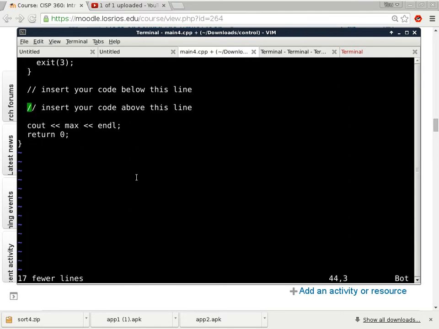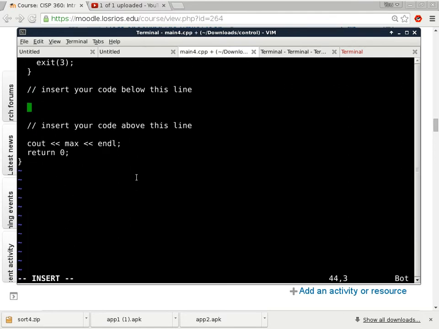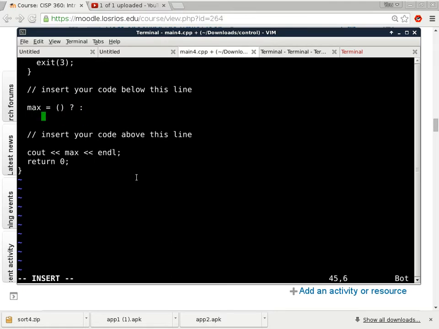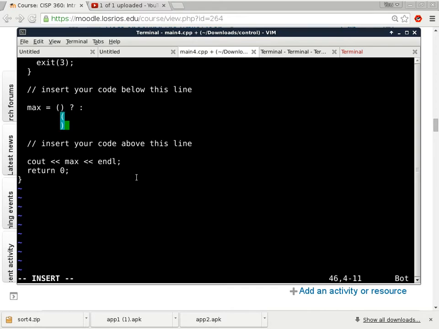So we delete everything and start from scratch here. With this one, I use a single assignment statement to do everything. In other words, I say max equals, in one single expression. But this expression is going to be a ternary operator. So I'm going to structure it this way. Oops, not curly brace. The other part of the expression is so long that I'm going to have to use open paren on one line